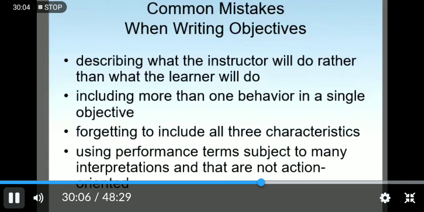So, common mistakes when writing objectives: describing what the instructor will do rather than what the learner will do. So, hindi po dapat ang instructor ang ine-expect na gumawa ng mga